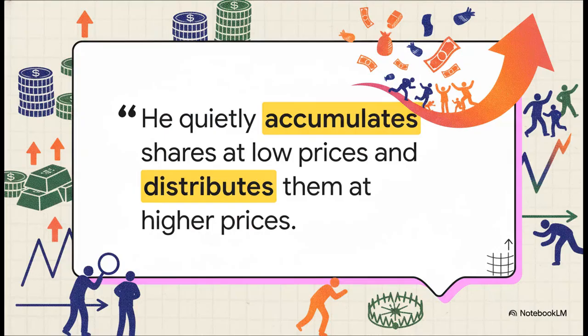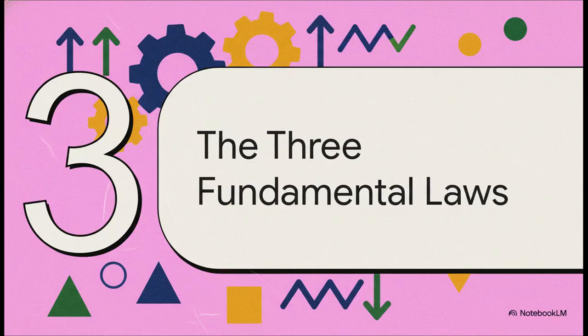So what's this guy's game plan? It's actually dead simple. He plays the long game. His entire job is to quietly buy up assets. He accumulates them when prices are low and everyone else is panicking. Then, once he's pushed the price way up and everyone is euphoric and rushing to buy, he sells it all back to them. He distributes it for a massive profit. The key is that he actually engineers these market swings to trap the average trader into buying high and selling low.